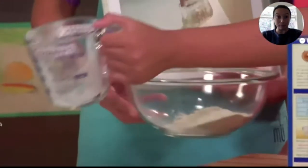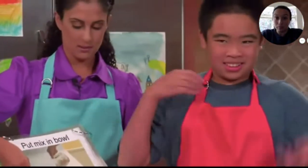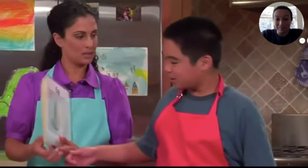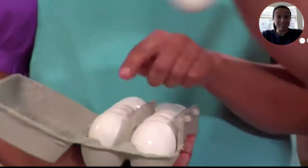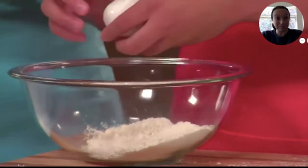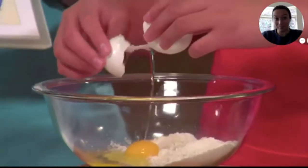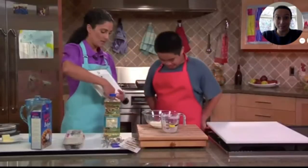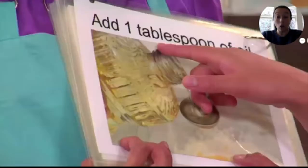Should we put this up here? Yes. Let's put that there. Okay, and now it's the egg, and we're going to use 1. Yes. 1 egg. Very nice. And let's see, how much oil are we going to put in? Ready? Add 1